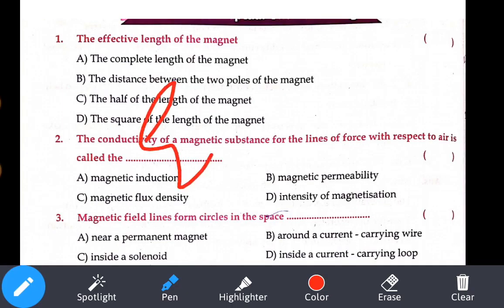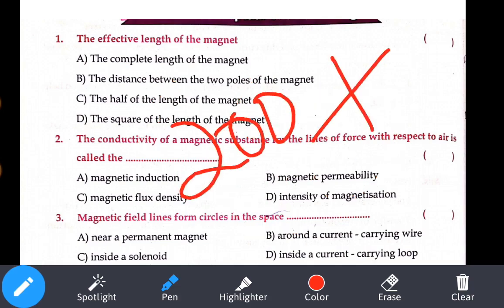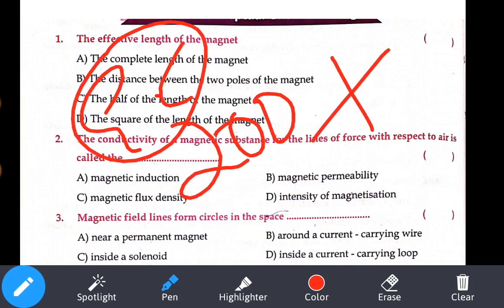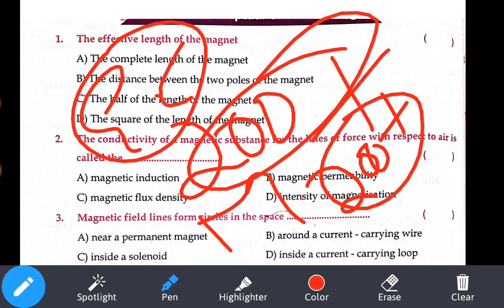We have completed electric current 4 sets. Total I have covered 200 plus bits in the electric current chapter. At the same time, I have already covered metallurgy before that. There also I have covered 200 plus bits. So if you have not watched those chapters, please go and watch them in my channel.